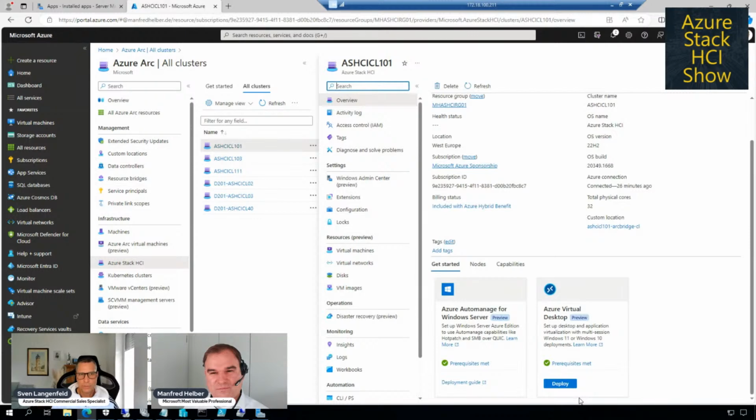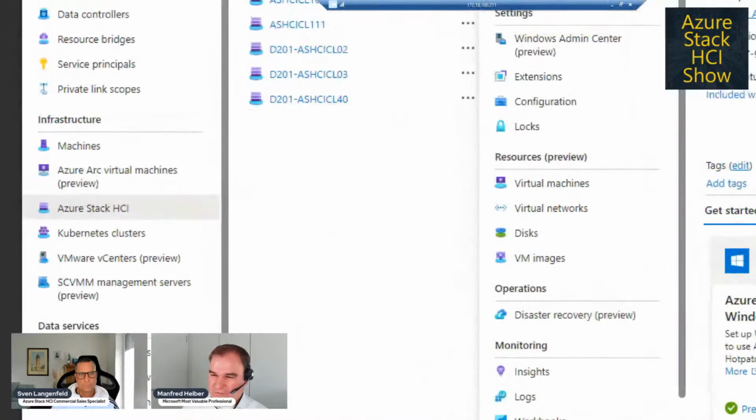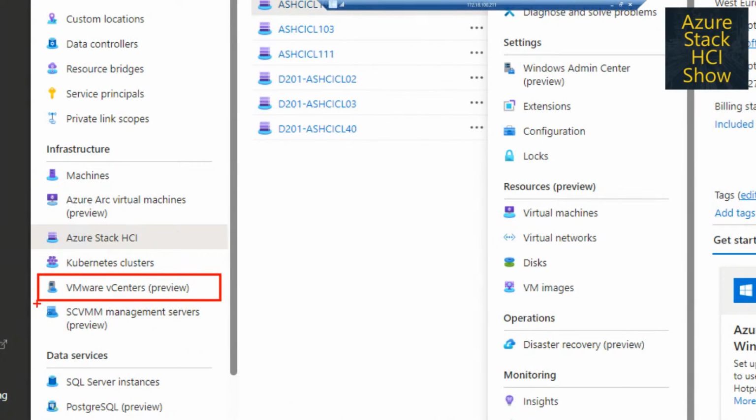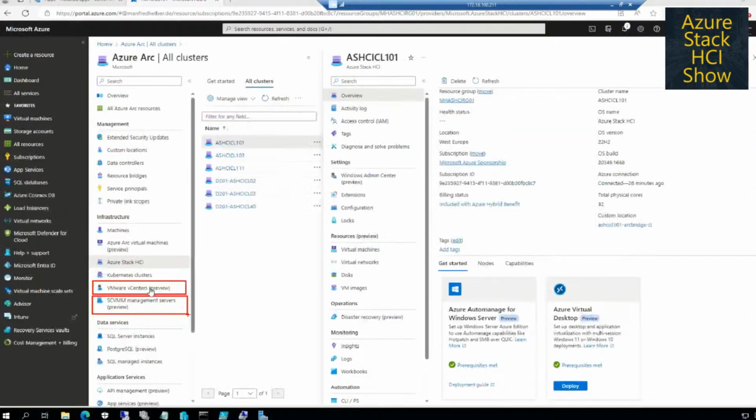One more question is, do I need Azure Stack HCI as a host operating system to use Azure Arc Resource Bridge, or is it possible to do it with a normal Hyper-V on my host? The Azure Arc Resource Bridge we are seeing in the rest of the demo only runs on Azure Stack HCI. But as we mentioned in the previous question, the Azure Arc Resource Bridge is also available for the VMware vCenter environments and for System Center Virtual Machine Manager. And there, the Arc Resource Bridge runs in these hypervisor environments. So for example, in SCVMM, it runs on a Windows Server hypervisor.